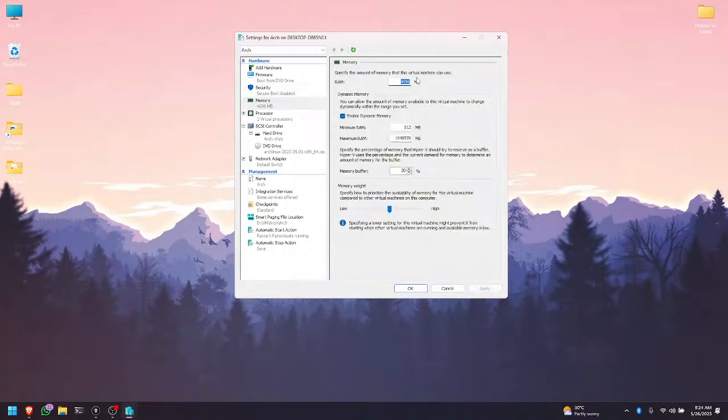Then you can also select and edit your RAM allocation. Anytime you need more RAM, you can come here and add more. You can change it in here. Also there's an option called dynamic memory. I have shown it before. You can change settings in here also. Okay,